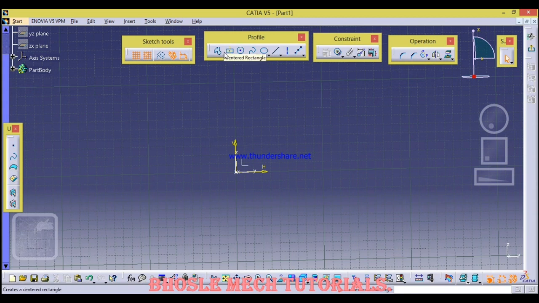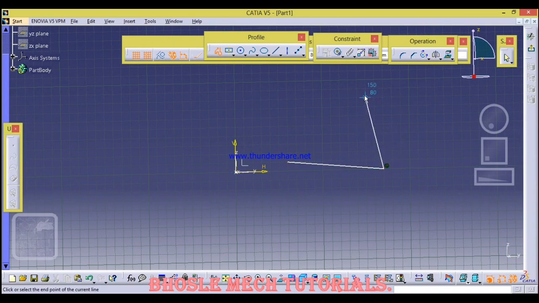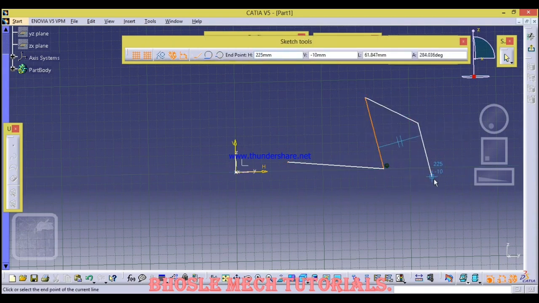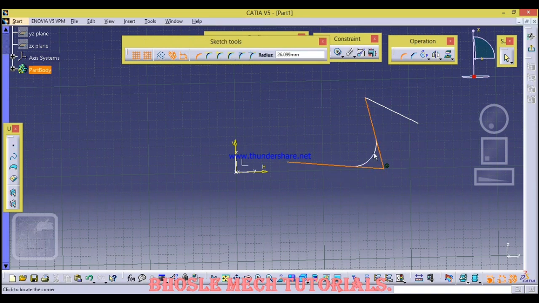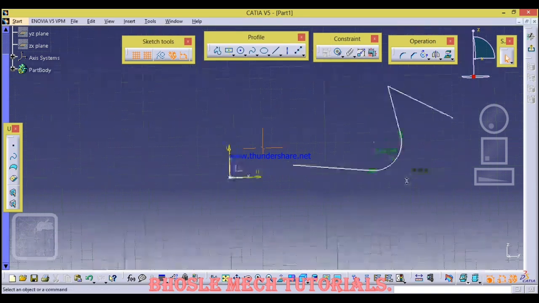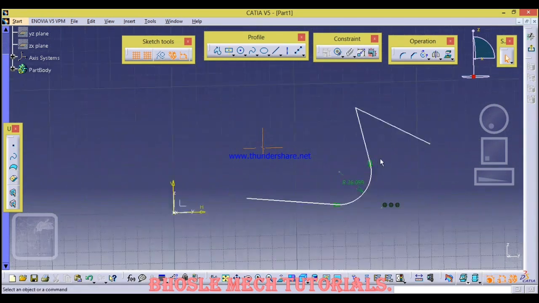Regarding this tool, yesterday also I told you. Okay, this is the corner. If I want to make this corner, I just have to click like this and I get a corner.